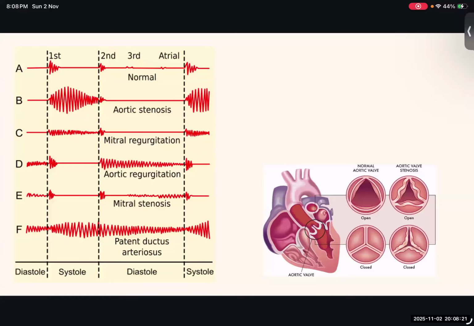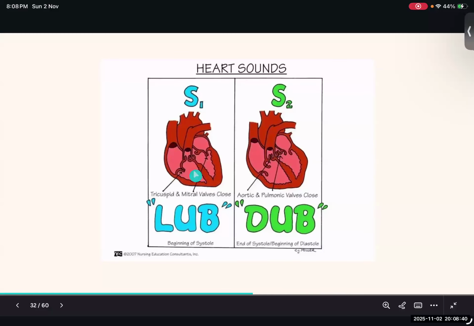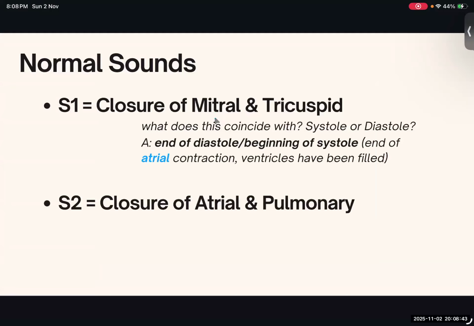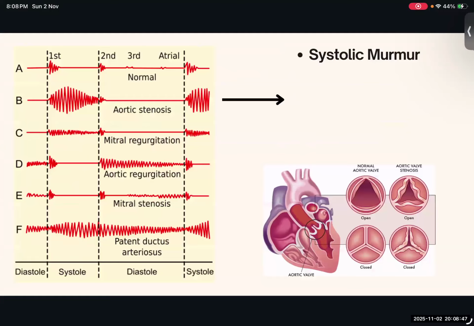Okay, so let's talk about aortic stenosis. Like we said, stenosis means a rigidity of the valve. So it's going to be a systolic murmur. Why is that? When does the aortic valve open? We mentioned that the aortic valve is going to open during systole, right? Because it's allowing blood to pump out of the ventricle. So the valve opens during systole. We call it a systolic murmur because that's when we hear the abnormal sound, and it leads to a high